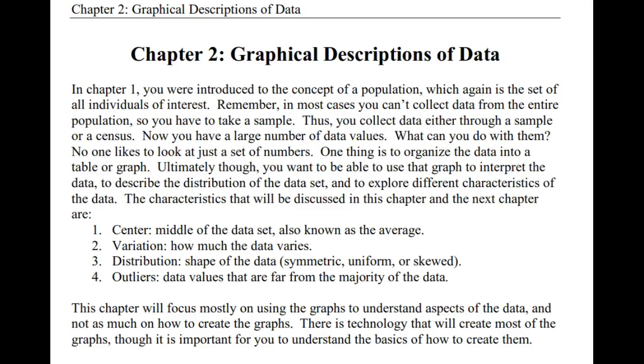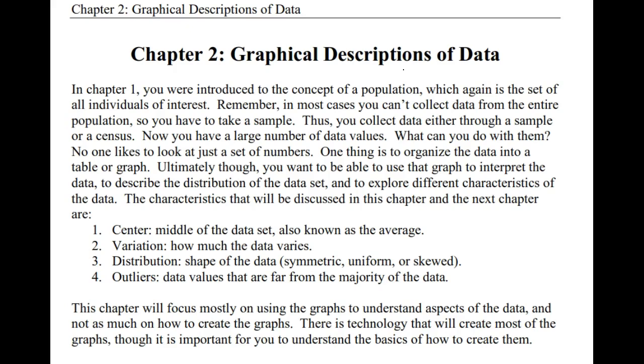So in Chapter 1, we laid a lot of foundation for the rest of this course through a lot of vocabulary. And we talked about different types of data and how to collect data. So now in Chapter 2, called Graphical Descriptions of Data, we're going to learn how to start summarizing that data